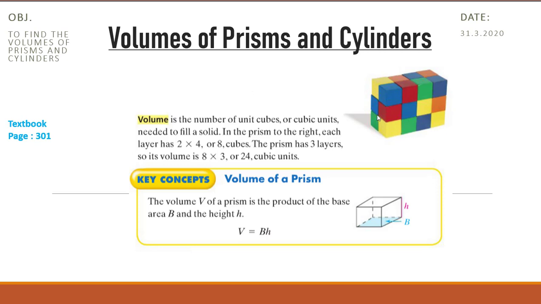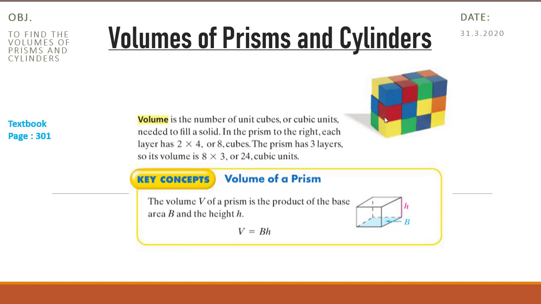So each layer consists of 8 cubes. And the whole figure consists of 8 multiplied by the height, which is 3. So to find the number of cubes that we have in the figure, we find first the base area, then multiply